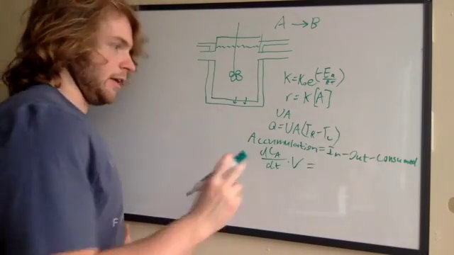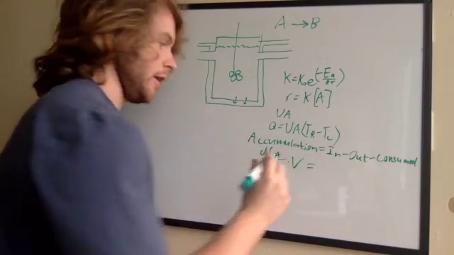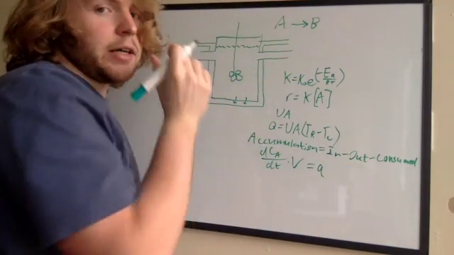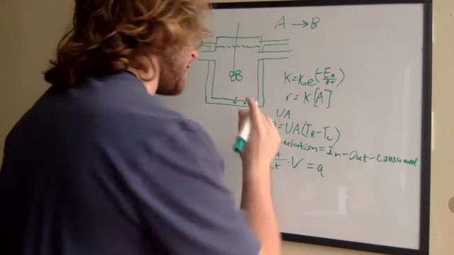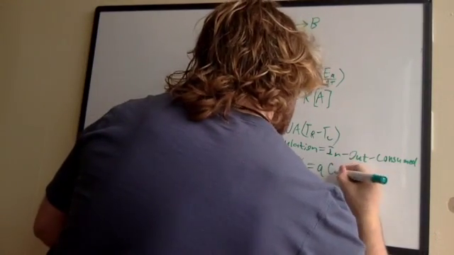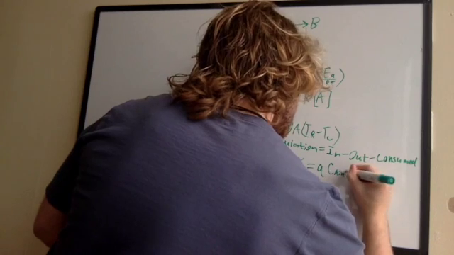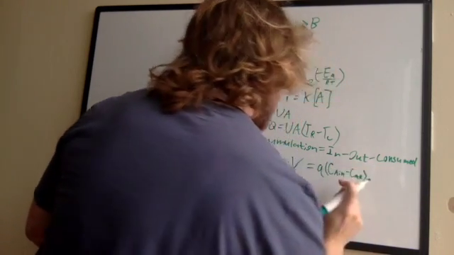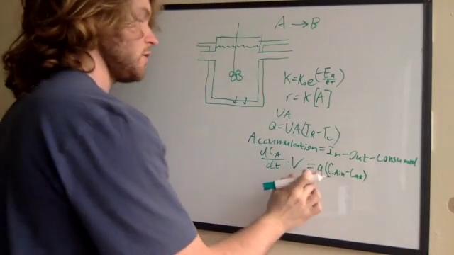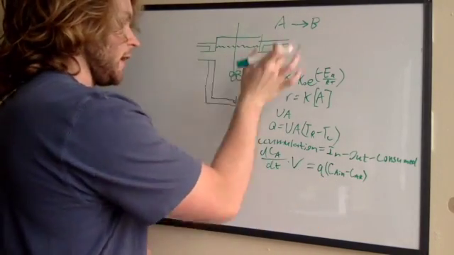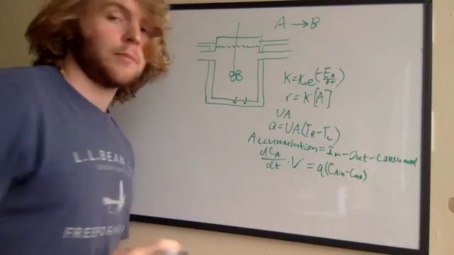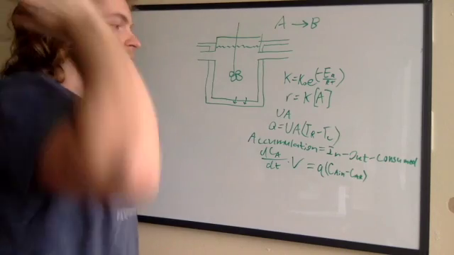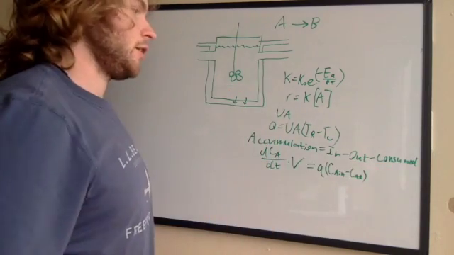So for this in minus out right here, we are going to go ahead and do Q. And then we're going to do CAN minus CAR. And then we're going to factor the Q out right there because the Q is the same one for going in and going out. So we can just go ahead and factor that out, make our lives a little bit easier. And then we are going to need to also subtract the amount of A getting consumed within the reactor,